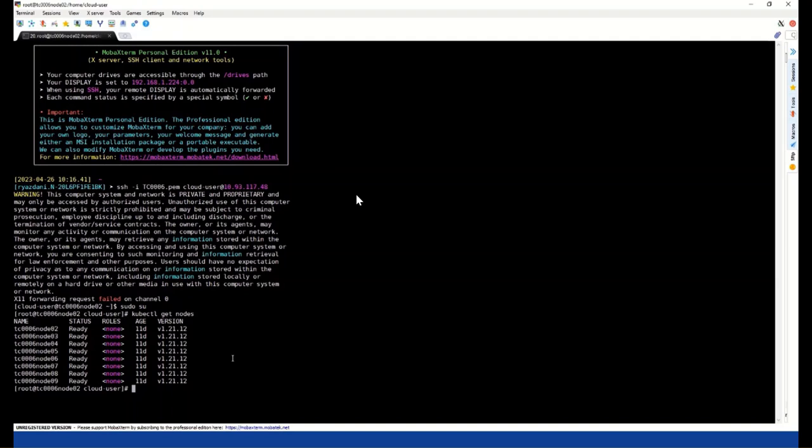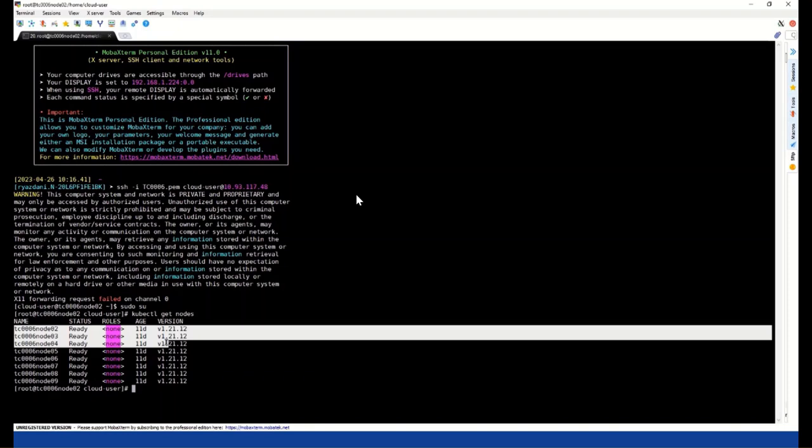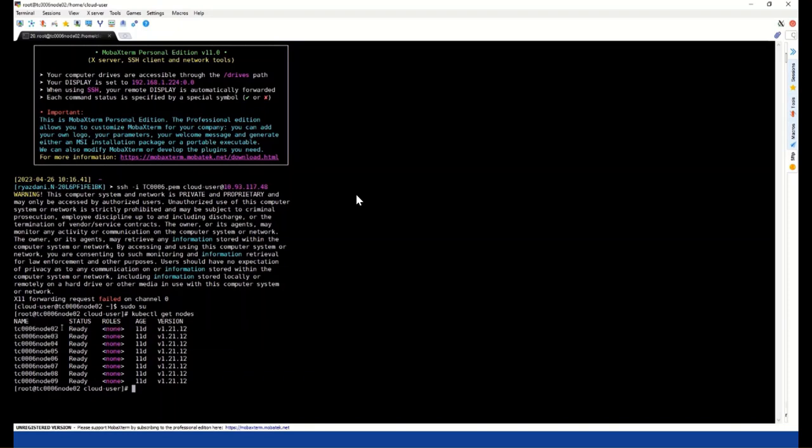We will look at the ingress object of Kubernetes in a later module, but for now, just remember we have 3 worker nodes for higher availability. We have SSH to the first one, and there are 3 other worker nodes, 5, 6, 7, and 8, 9